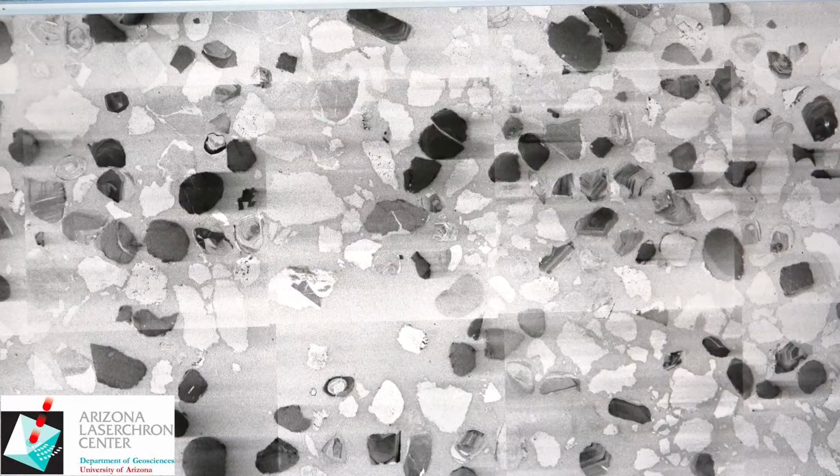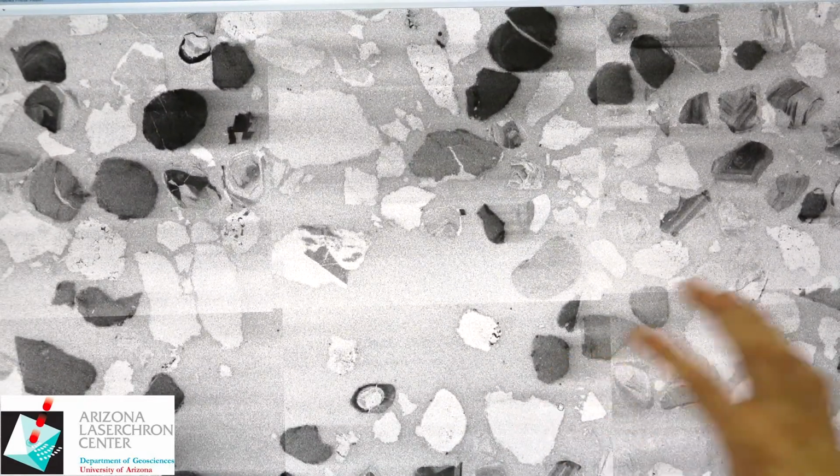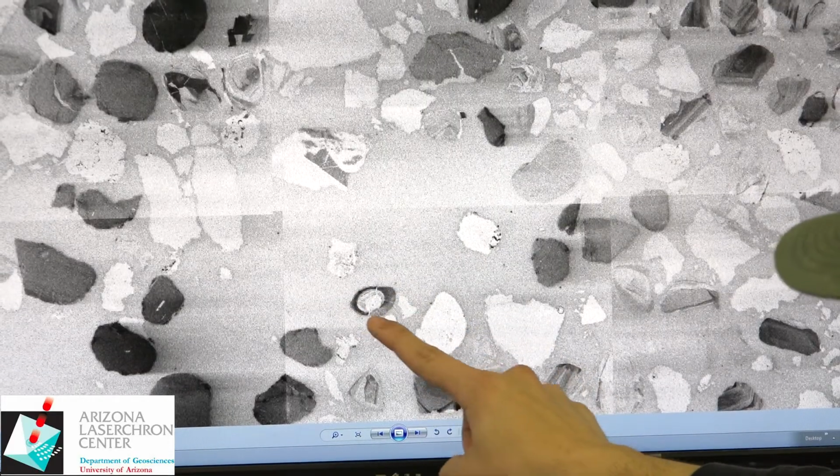A good use of the CL when you have the paper copy is to just put a little spot on it indicating that you have that grain there. It's also really useful if you are trying to target a rim core pair. In this sample, for instance, there are a couple grains that may be of interest for that. Getting really close, pixels start to show up here, but for instance this grain here,